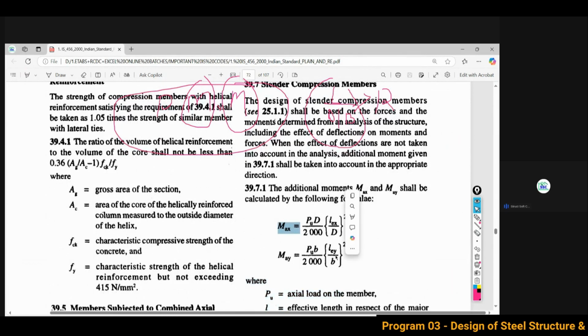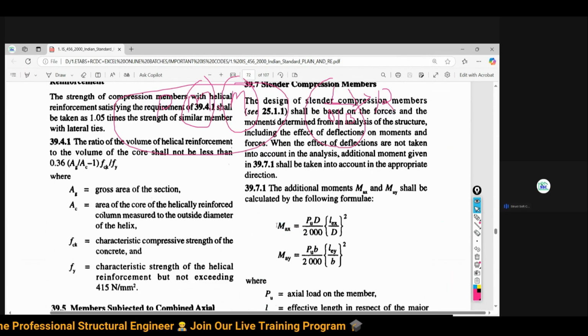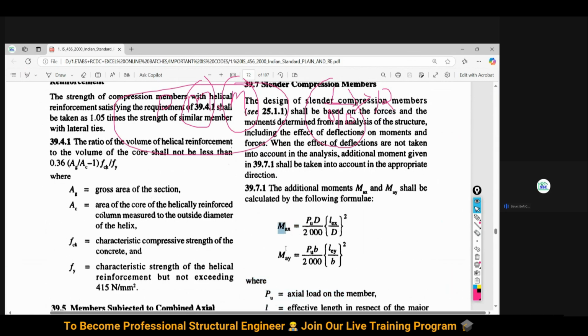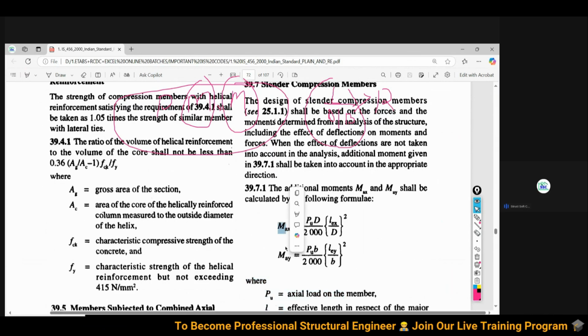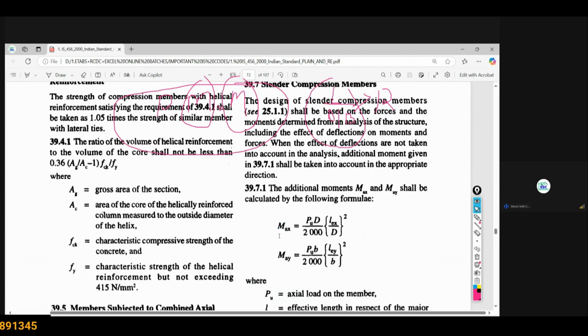I have done a very detailed discussion in one of our YouTube videos on long column design, so you can refer to it. If you want, I will add that video link after this session. For those who are not aware of and are interested in learning the manual approach for the design of the long column, that is very interesting and important. If you would like to understand the software and everything in depth, I will attach that video next to this session.